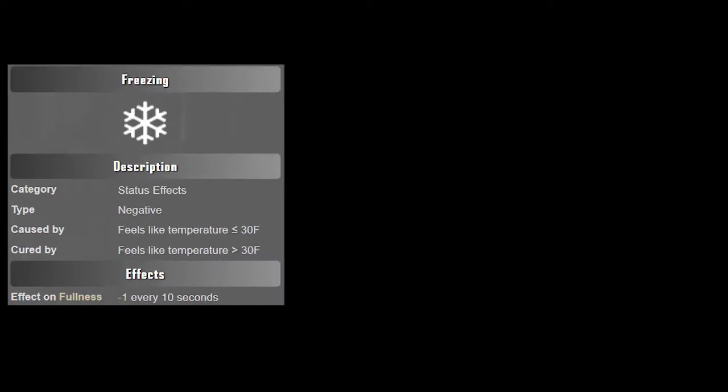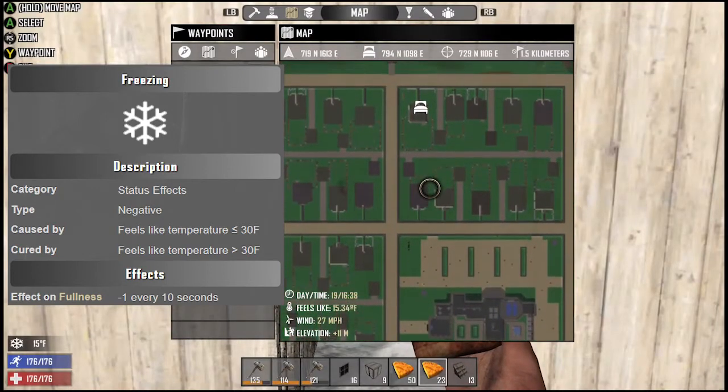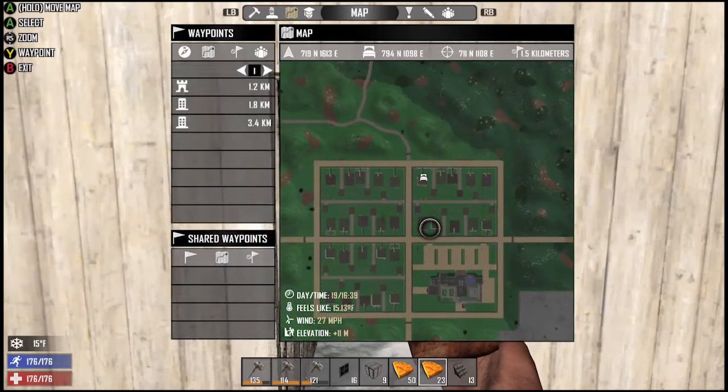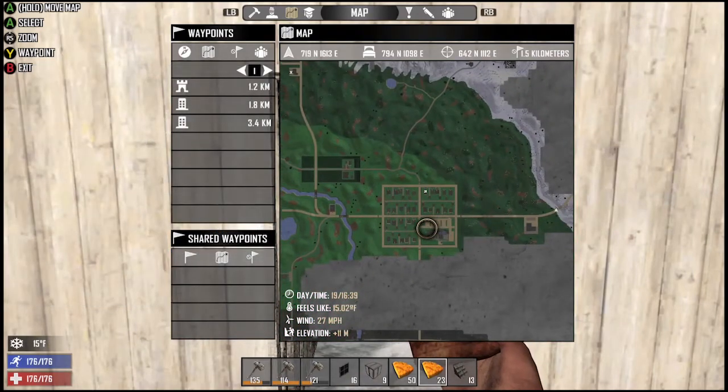So, in the grand tradition of Stryker, if there's a quicker and easier way to do something, I want to find it and relay that information to you guys. So, I found a way that you can actually get your hunger down faster so that you have to keep eating to constantly survive. That's basically going to a snow biome. So if we come here on the map,